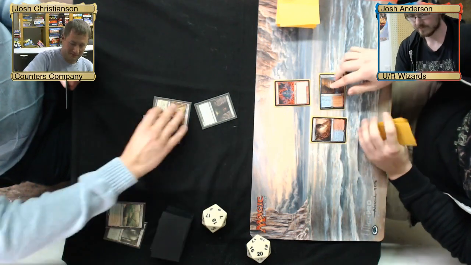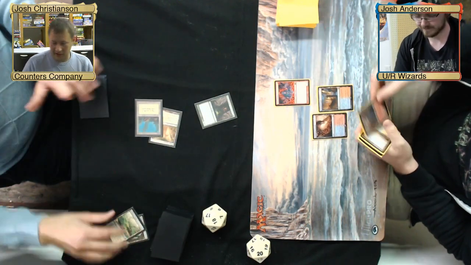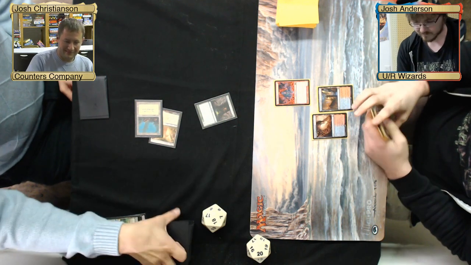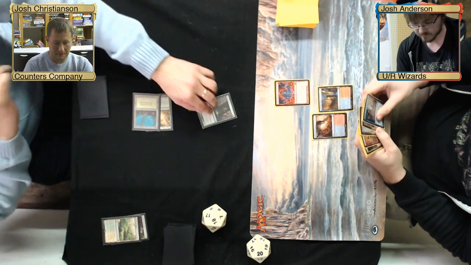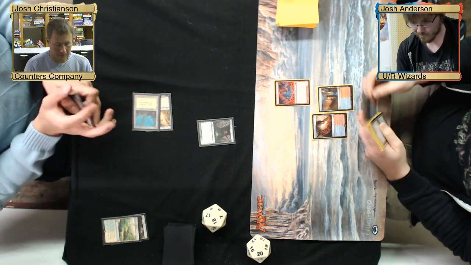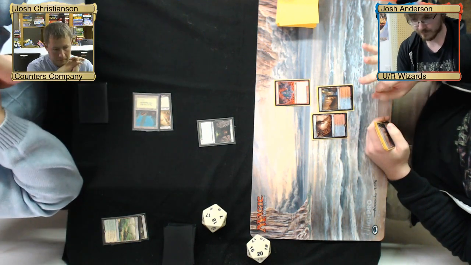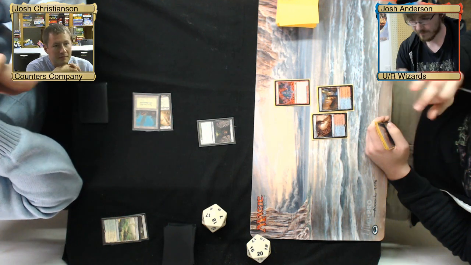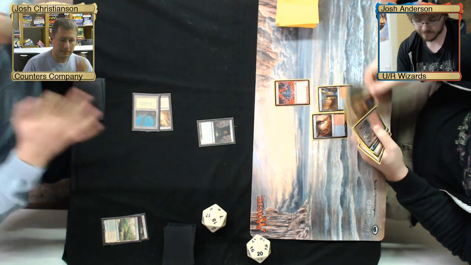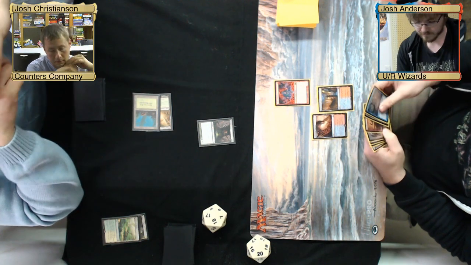Oh, Arbor Elf? Nope, that's the Devoted Druid, or as I like to call it, Lightning Rod, because it's going to be eating every lightning bolt in the deck. And I think Anderson has an Abrade in hand, which is just another Lightning Bolt. I see Christianson had a couple,